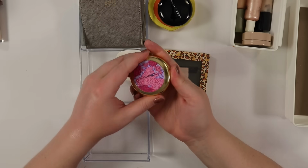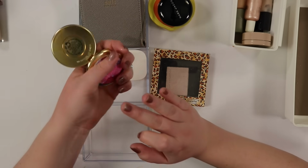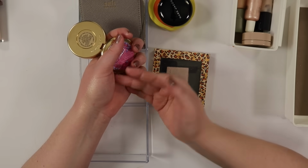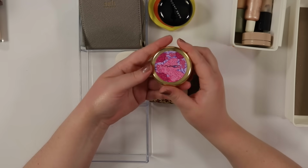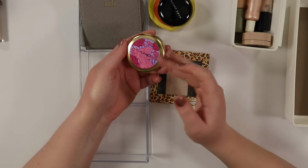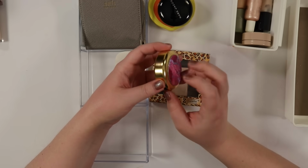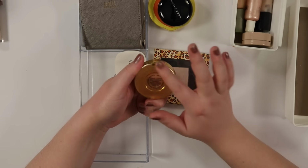I have this MAC highlighter, the Year of the Tiger one. I feel like I have a love-hate relationship with this, honestly, you guys. It looks so shiny, like it's gonna be so great, but I find on my skin it doesn't really have the shine I expect. It's so odd. It's almost like a similar formula to the eyeshadows from that palette I don't like, in that it's surprising how unshiny such a shiny powder can be. I don't know. So I'm gonna keep it. Again, I'm gonna try to get some final thoughts on it, but it feels like it's on